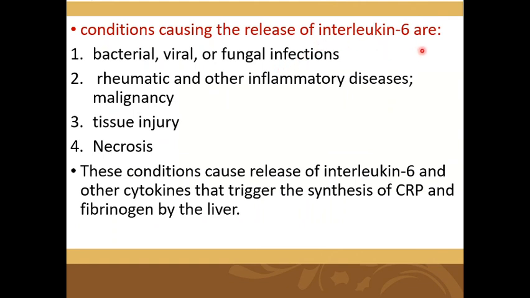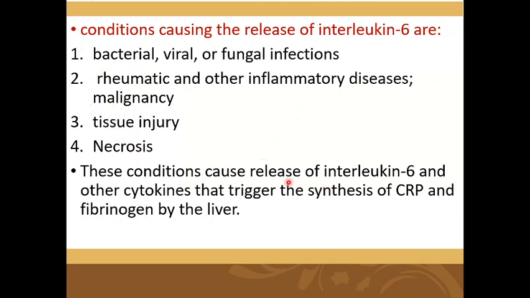Conditions causing the release of interleukin 6 are bacterial, viral and fungal infections. Remember one thing, interleukin 6 has anti-inflammatory activity. Rheumatic and other inflammatory diseases, malignancy, tissue injury, necrosis. These conditions cause the release of interleukin 6 and other cytokines that trigger the synthesis of CRP and fibrinogen by the liver. अच्छा, अब देखो, अब कहानी कुछ इस तरह हो गई कि ये जब कोई भी इन्फ्लेमेशन होती है